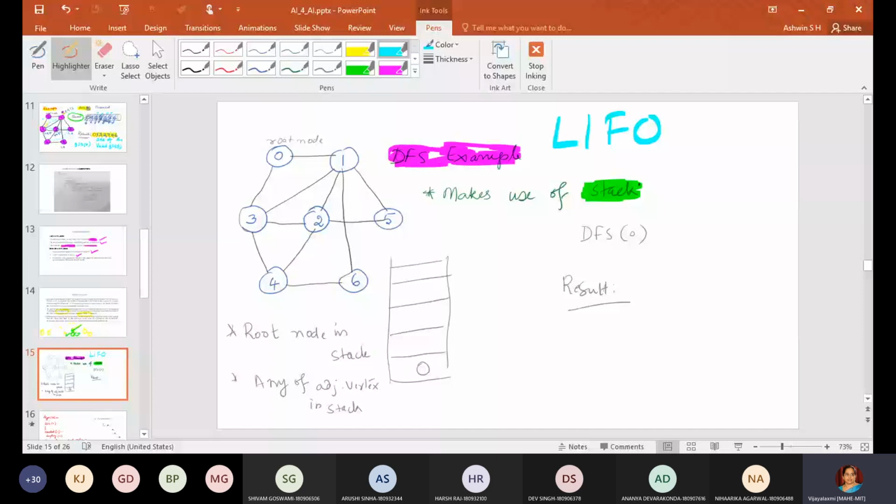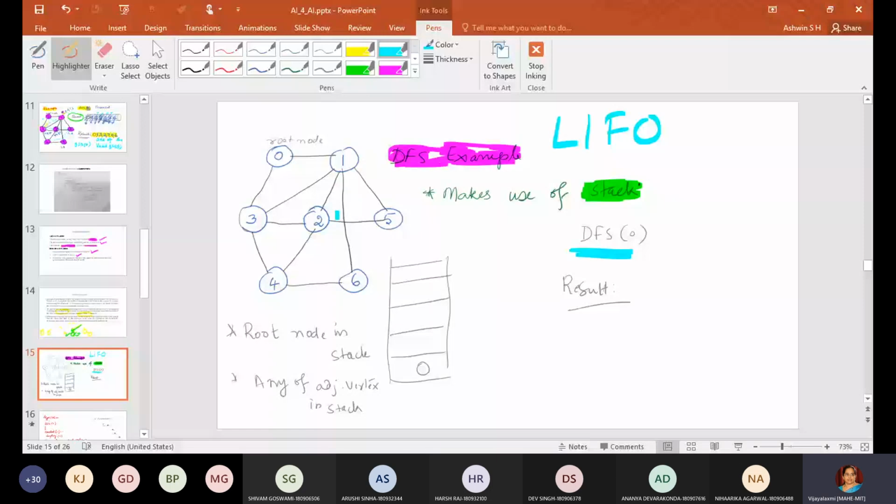So first, here it is marked DFS of 0. That 0 is the root node, as I have told in the previous example. DFS of any node may be marked, and the graph, if you are given a graph, may be directed or undirected. Undirected graphs are simple, that's why I have taken one. If you want, we will take a directed graph also. Another thing is, whenever you have confusion with the graphs, draw the adjacency matrix and just follow it. Wherever you have put 1, you proceed, and you will get the final answer.